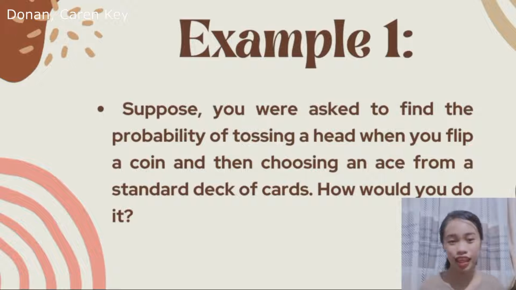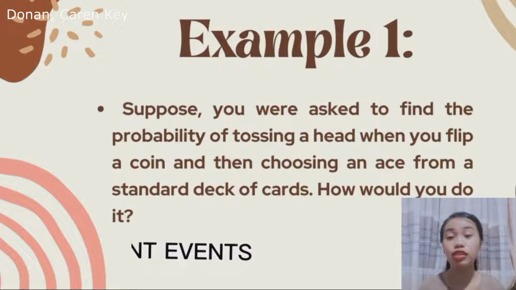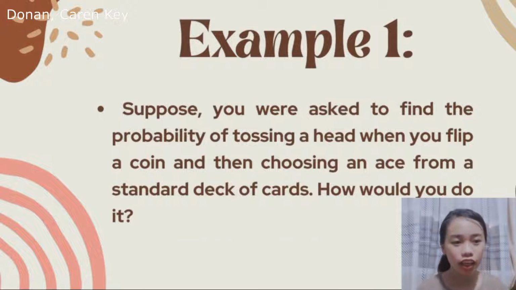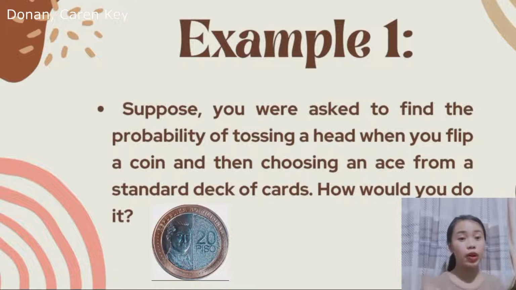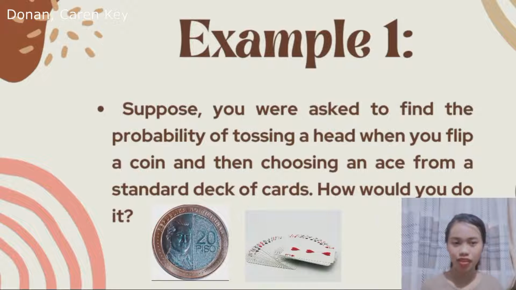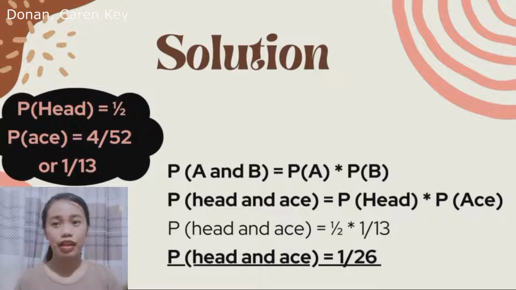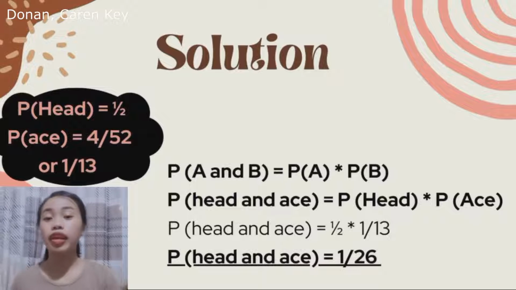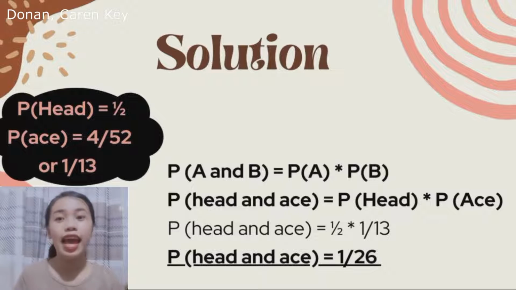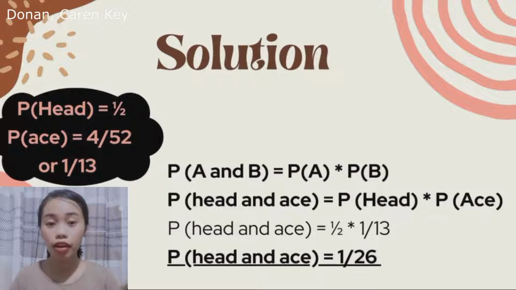Okay? As we can see in this problem, we have two events, right? There are two events that obviously belong to independent events. Why? Because the two events won't affect each other. Kasi nga, yung isa gumagamit ng coin and then the other uses cards. Now, using the formula that we have, we have to substitute. So, we now have the probability of head and ace is equal to the probability of head multiplied by the probability of ace. Okay, so first we have to find the probability of head in tossing a coin and the probability of ace